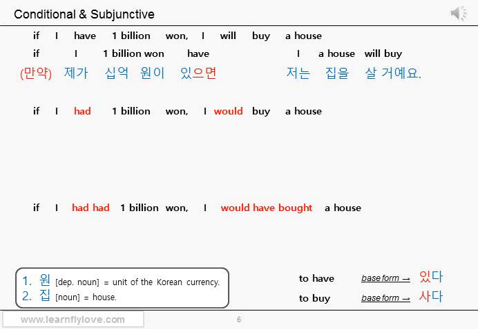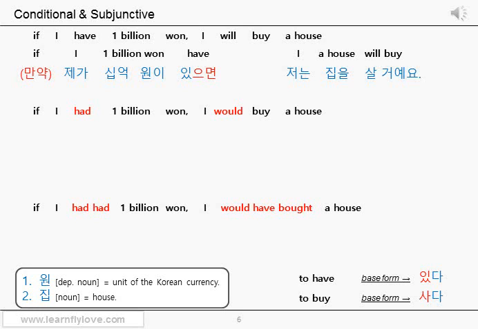As you know, the connective ending 으면 can be used to make a simple conditional sentence. Or it can also be used to put the predicate in the subjunctive mood, which tells us that there is no real possibility. Then you might think it's a bit confusing because this connective ending can be used for either conditional or conditional in the subjunctive mood. But it's not that complicated because in Korean, you don't really have to think about it too much. You don't really have to know whether it's just conditional or conditional in the subjunctive mood. I'll tell you why. 만약, in case or if, 제가 10억 원이 있으면. Do you have 10억 원 now?